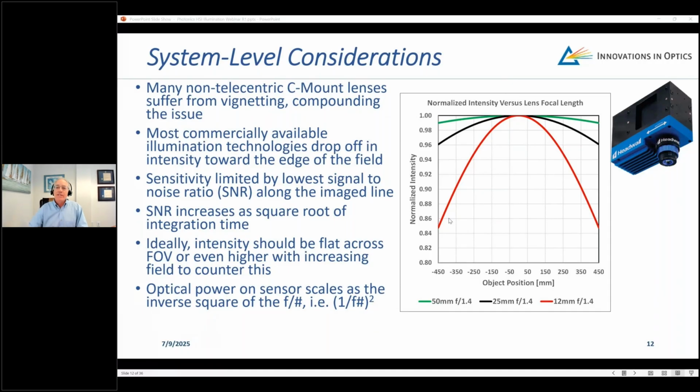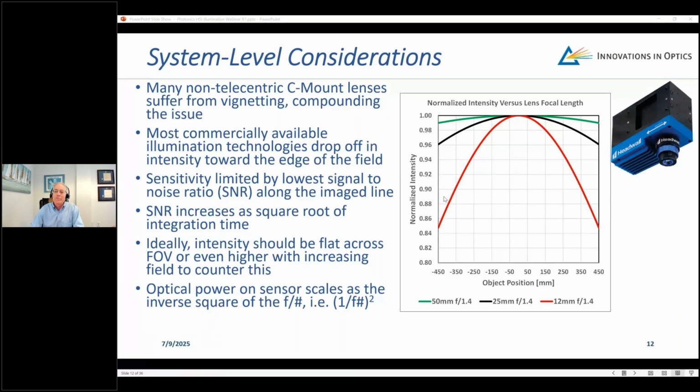So that is also compounded by the fact that many non-telecentric C-mount lenses suffer from the intensity dropping as a function of field, which is called vignetting, compounding the issue. Additionally, many of the commercially available systems will fall off in intensity at the outer edge of the field, which is also working against you, because basically your sensitivity, the signal noise ratio at the lowest point, which is generally further off axis,